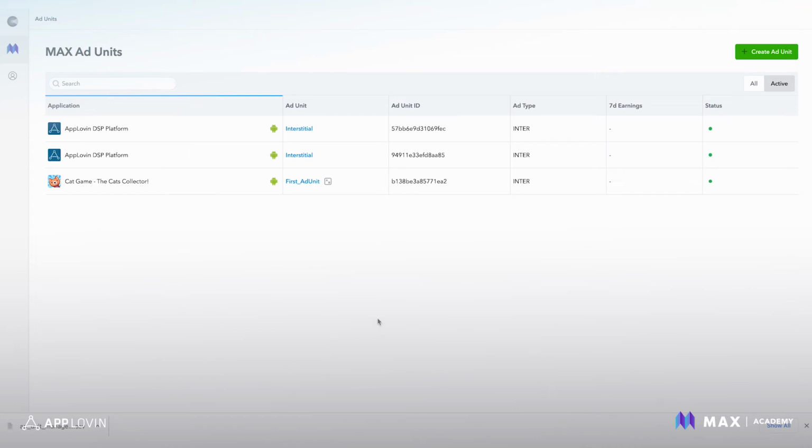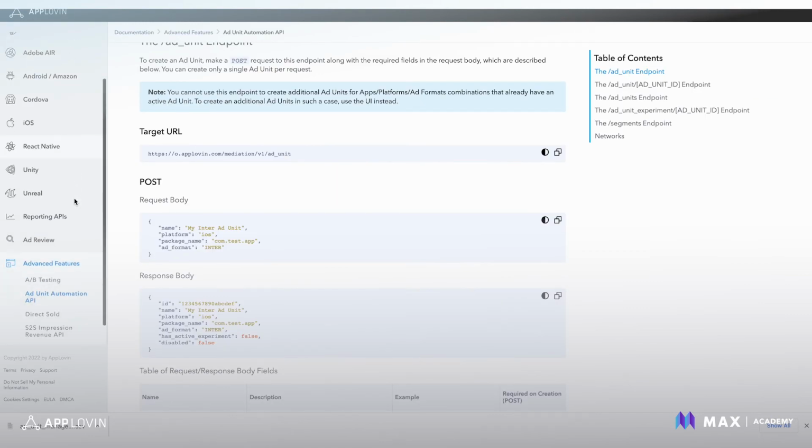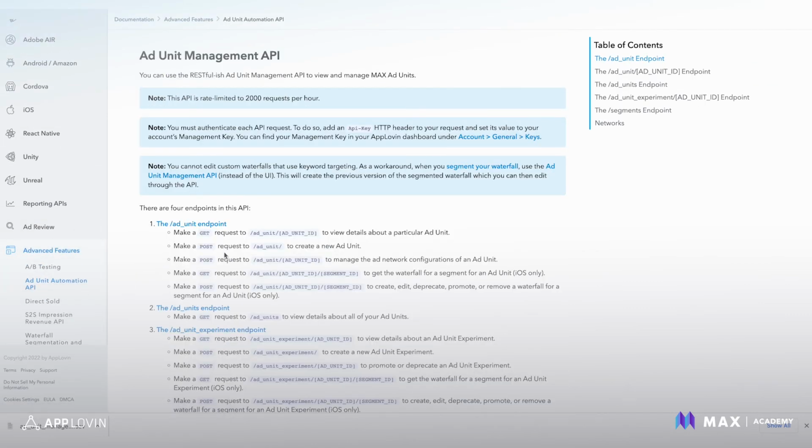The next piece we'll talk about is waterfall automation. So save time by automating your waterfall management. Many developers make frequent adjustments to their app's monetization strategy in waterfalls, and this can be super time consuming, especially for those traditional non-bidding networks where you may be running multiple network placement IDs. We have 2 features that are great for developers to reduce this manual work associated with managing a waterfall and focus on building the best apps.